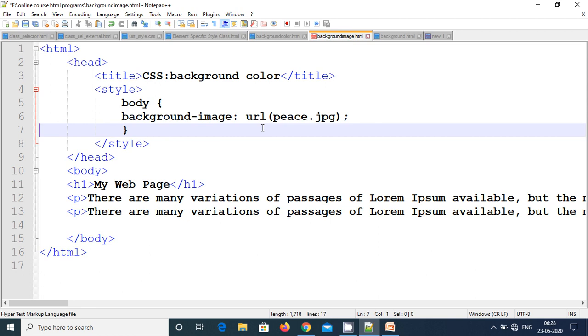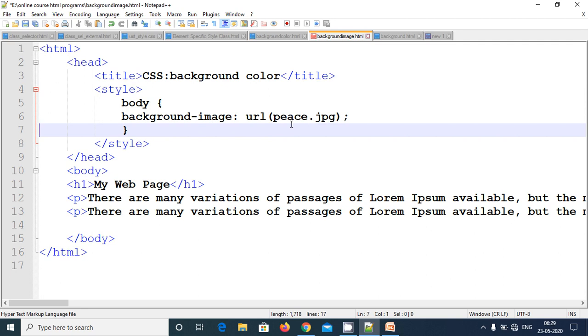In this place I am supposed to specify the URL where the image exists. URL is a uniform resource locator. Here we specify the file name, and exactly where it is, the path we have to specify.